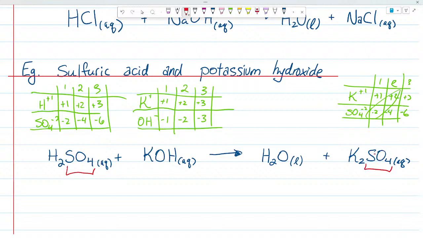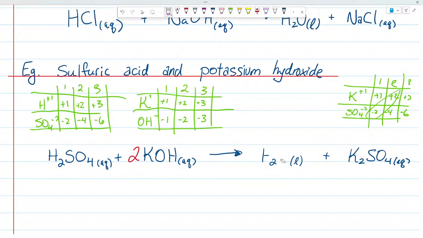How many sulfates do we have here? How many sulfates do we have here? So we should just leave that alone, right? Cool. How many potassiums do we have here? 2. How many potassiums do we have here? So what do I need in front? Okay. Now,